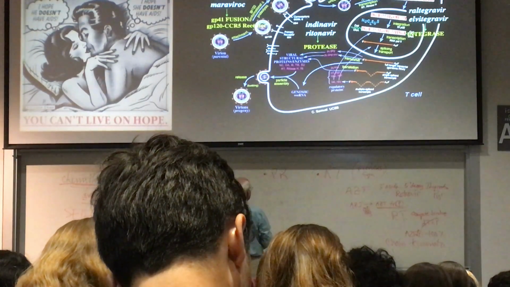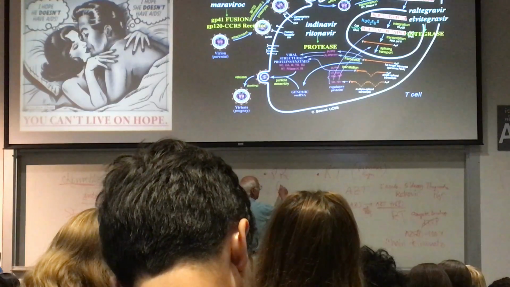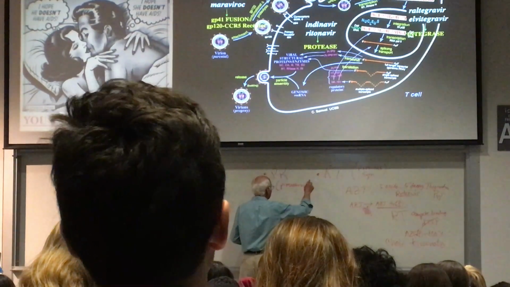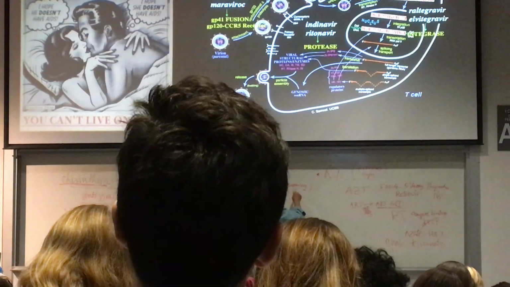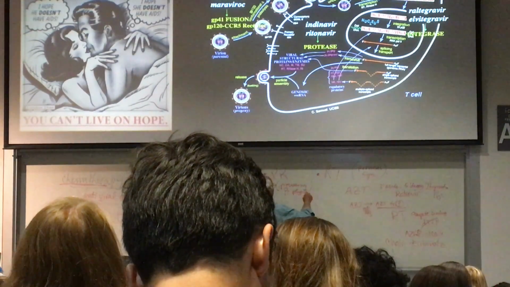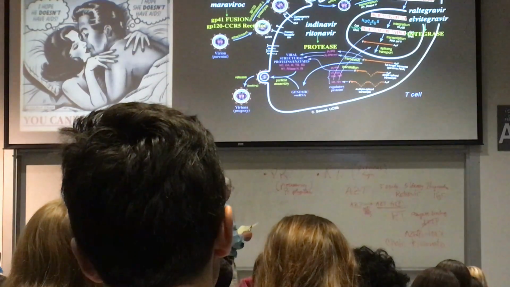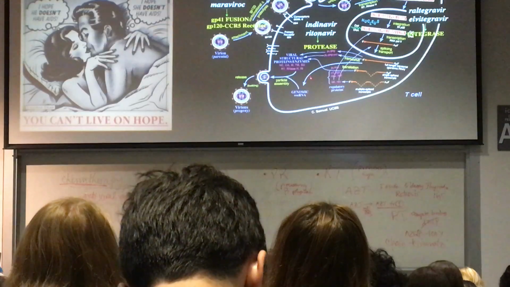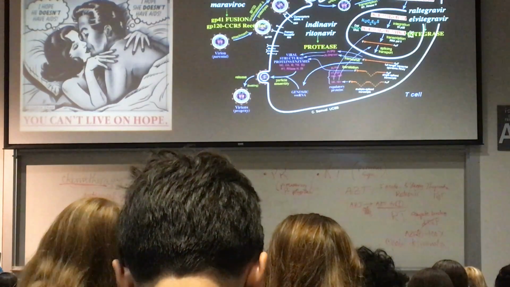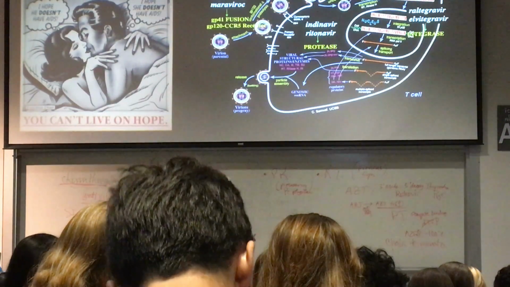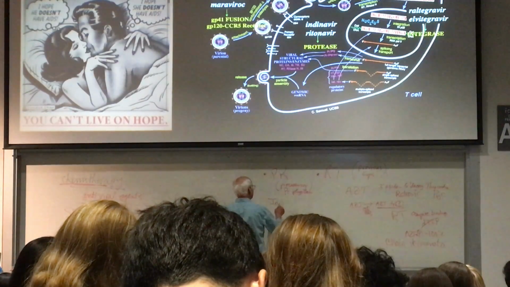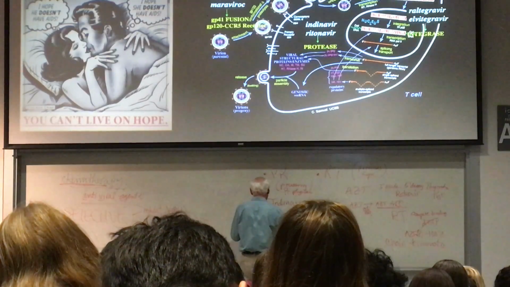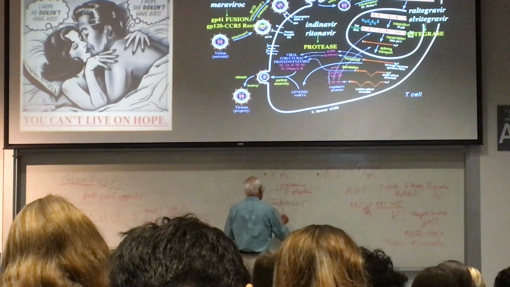So if we inhibit the protease, we inhibit processing of our precursor polyproteins, whether they be GAG or GAG-pol. After reverse transcriptase, the next wave of inhibitors were against the protease. There are many protease inhibitors now, but the major ones were indinavir